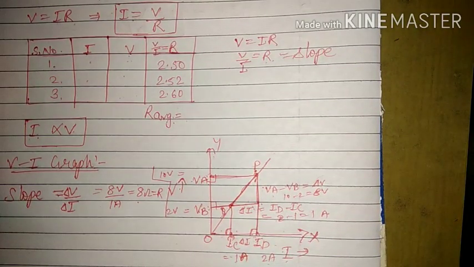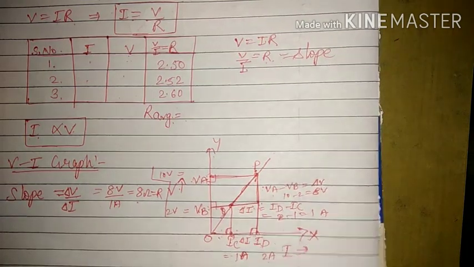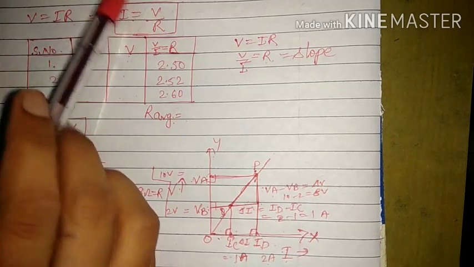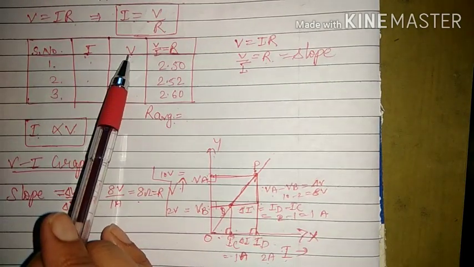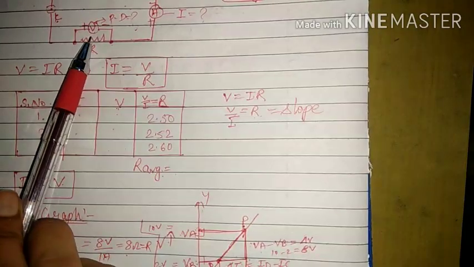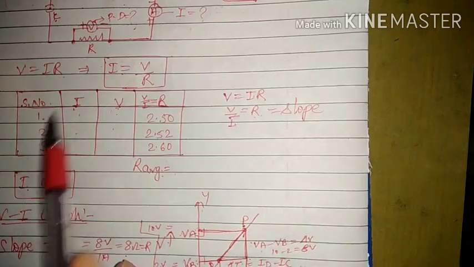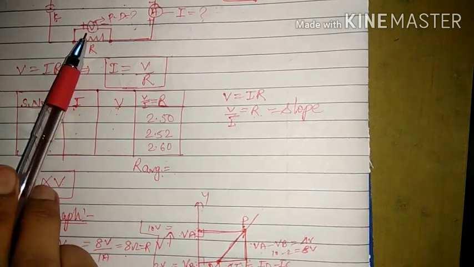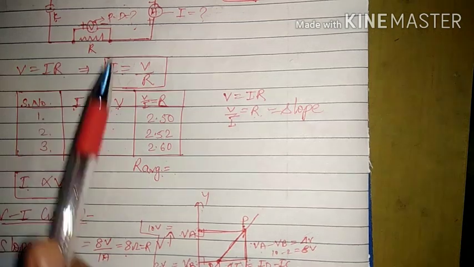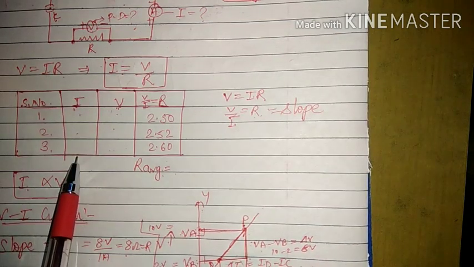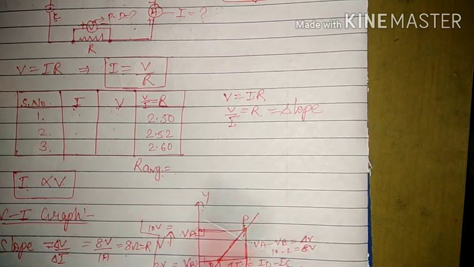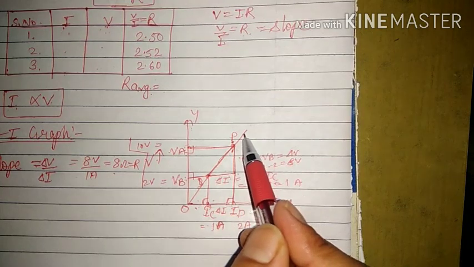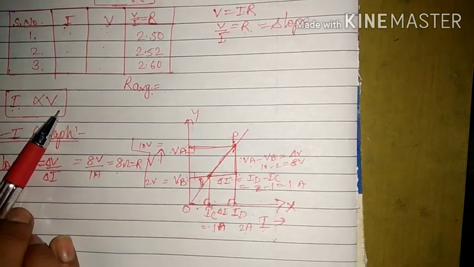Right? That means if the graph is given or if it is not given, then from our experiment we can calculate the value. We can change the value of any one quantity and we can determine the value of the other quantity accordingly. That means if we change the value of current, then the value of voltage will change and we can see it from this voltmeter. So now we have some values of current I and some values of voltage. We can plot a graph between them. The graph will become a straight line because both the quantities are directly proportional to each other.